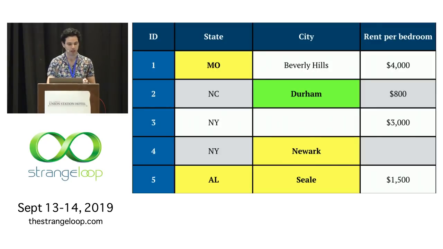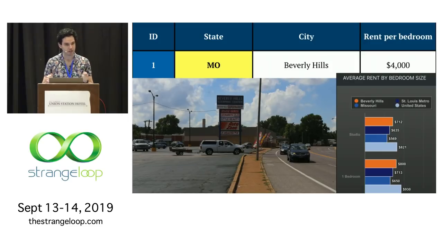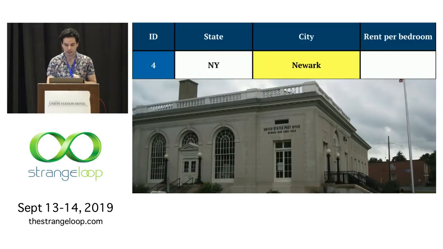So what went wrong here? Well, it actually didn't make any mistakes per se. There really is a Beverly Hills, Missouri, not far from here, in St. Louis County. It's just that it doesn't cost $4,000 to rent a home there. It costs about $800 for a room. And there really is a Newark, New York. In fact, there are dozens of Newarks in the United States. This Newark has a population of about 9,000 people, and it is possible that the user really meant to type Newark, New York. But it's somewhat more likely that they came from New York, which has millions of people in it, and meant to type New York, right?